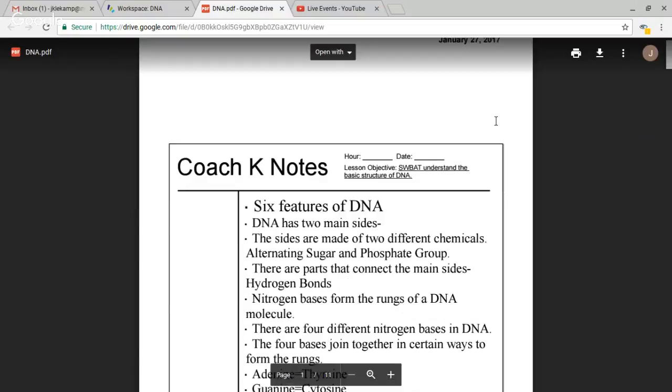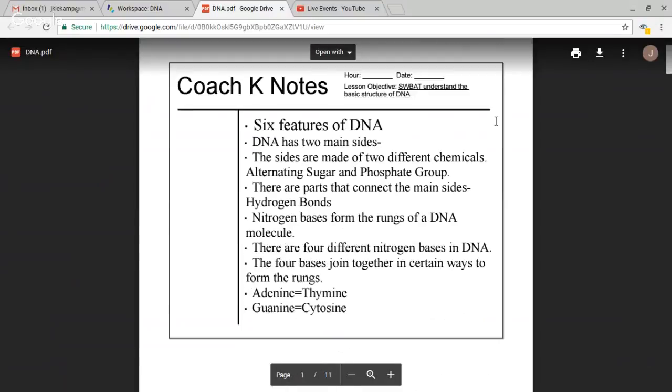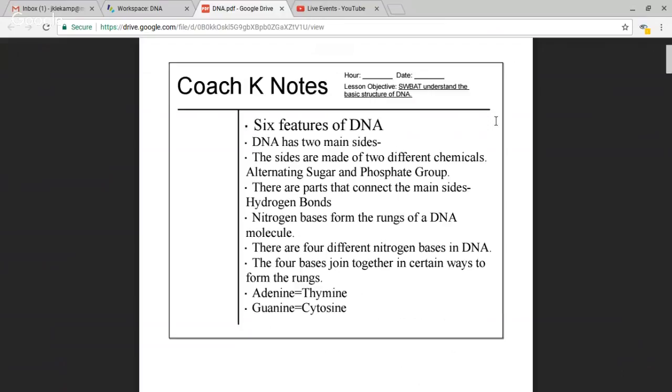Big thing that you need to understand is there's a big difference between DNA and RNA. We're first going to talk about DNA, which resides inside of your nucleus. There's 6 major features of DNA that I need you to understand. It has 2 main sides. And those sides are made up of 2 different chemicals, what we call an alternating sugar and phosphate group. Then it also has what we call a nitrogen base that form,